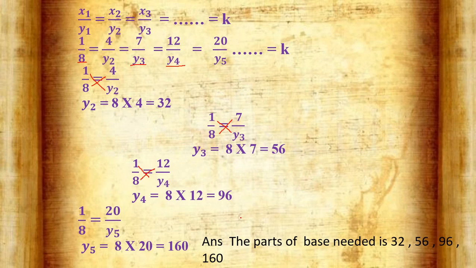So by using the formula, if the first quantity is increasing, the second quantity is also increasing. So both quantities are said to be in direct proportion, and we can say x upon y is equal to a constant, or x1 upon y1 is equal to x2 upon y2. By using this we can solve problems based on direct proportion.